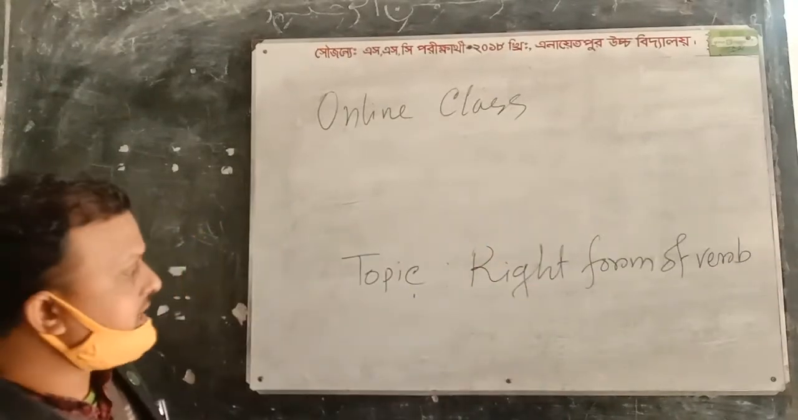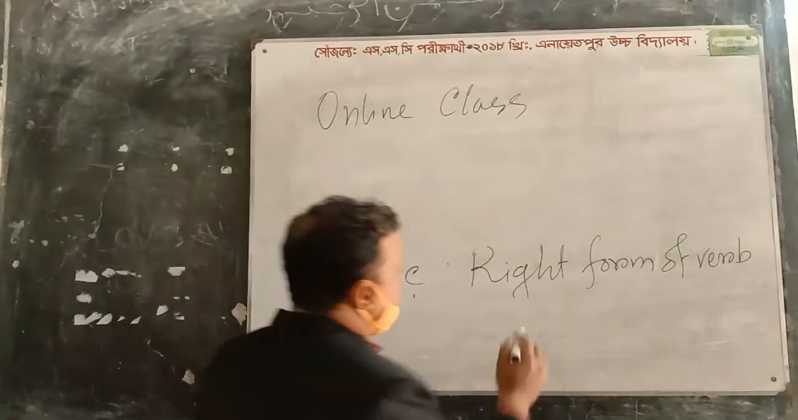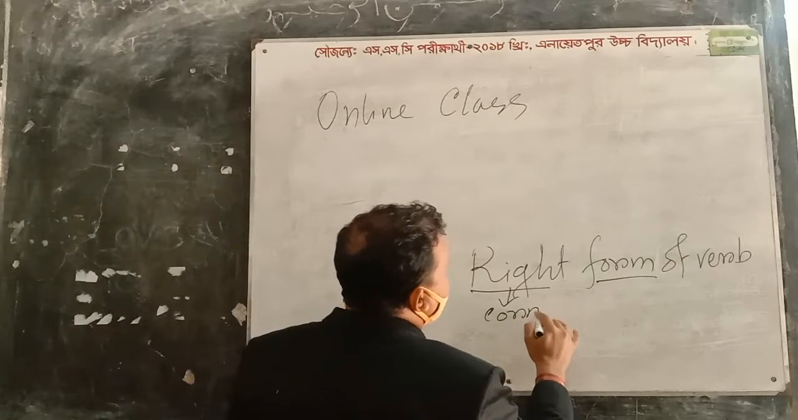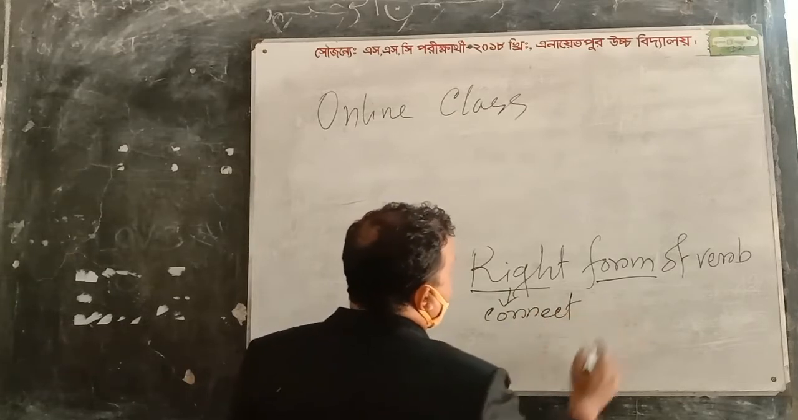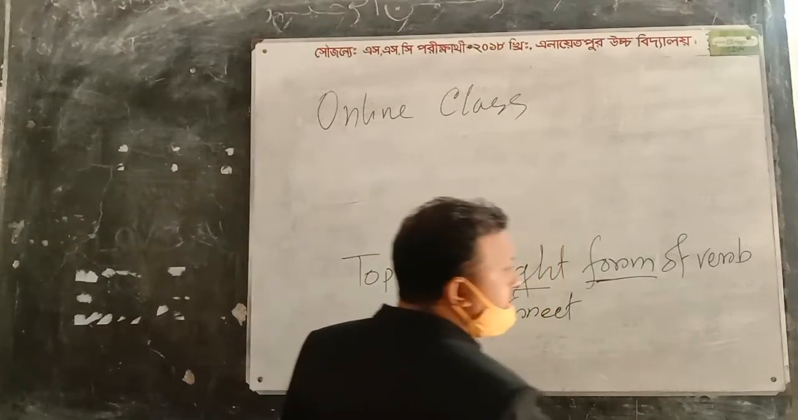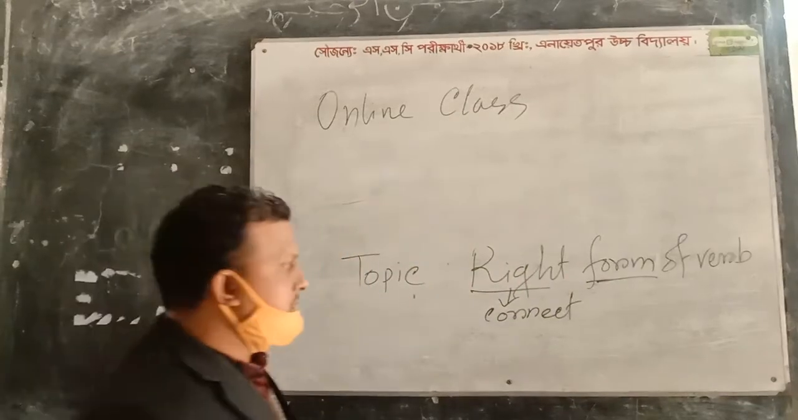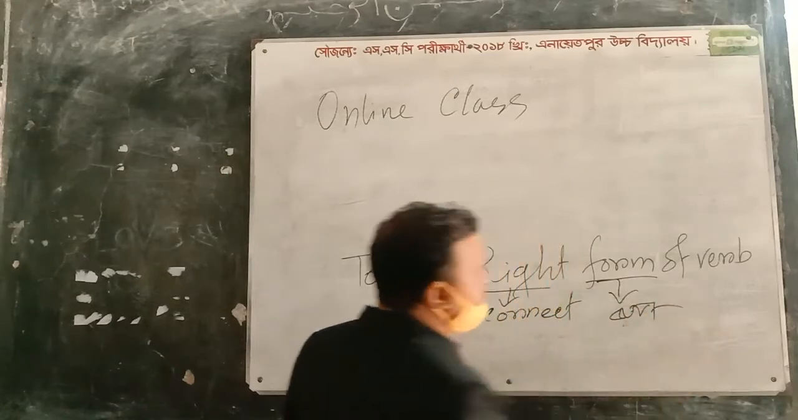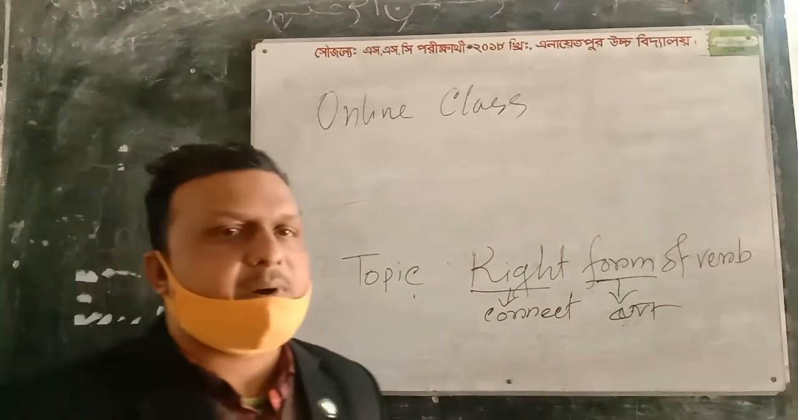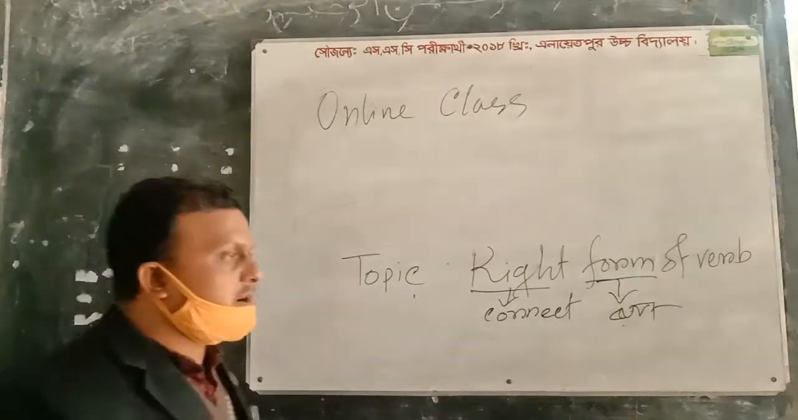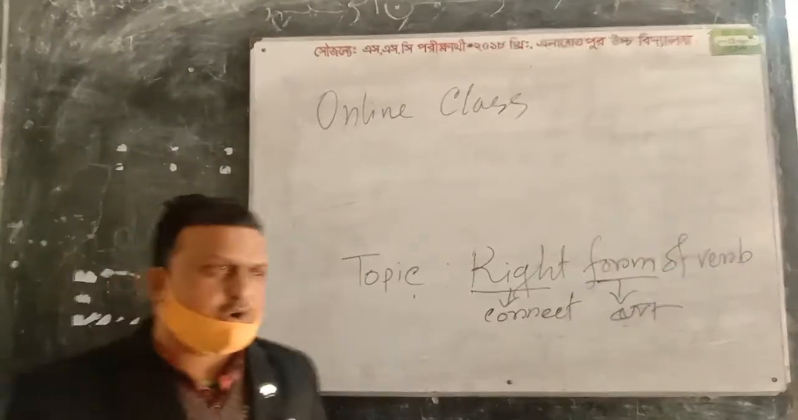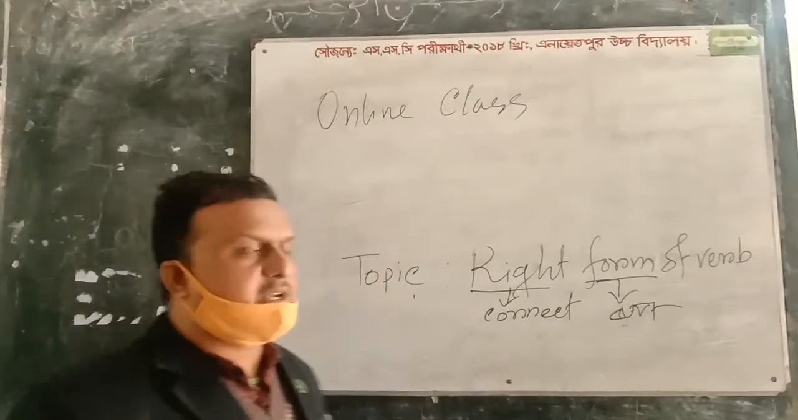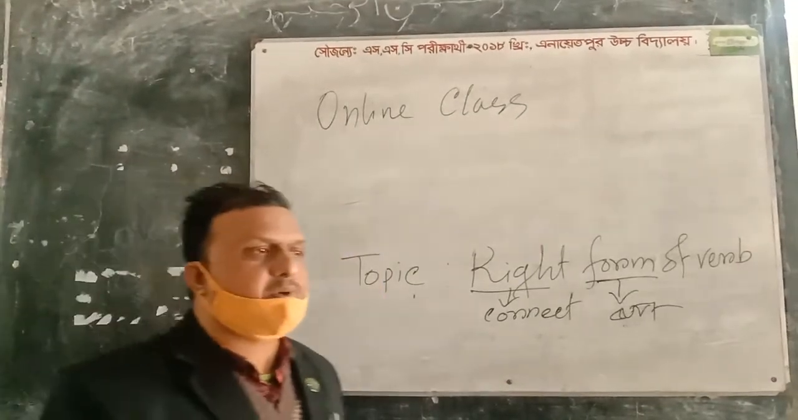If you say right form of verb, right means correct. Correct form means root form. So when you use a verb in a sentence, of course you have to use the correct form or right form. How can you use the right form of a verb in a sentence,